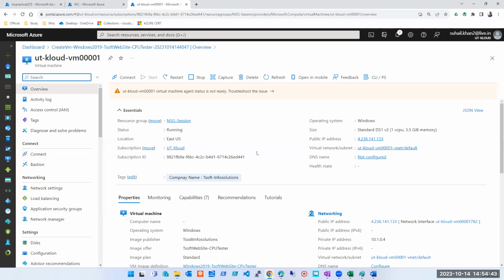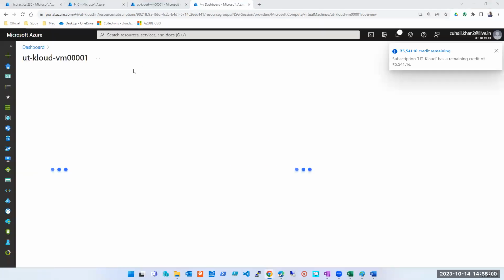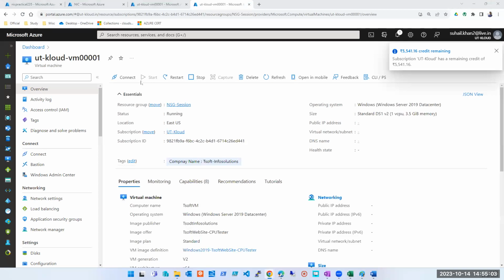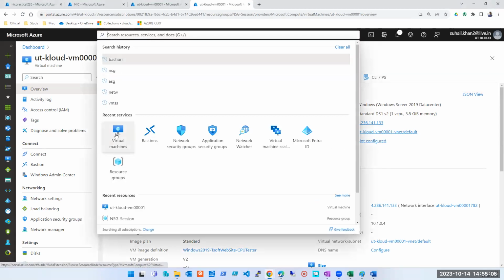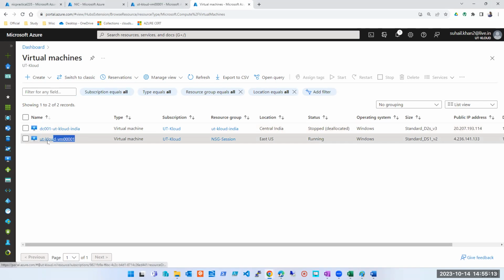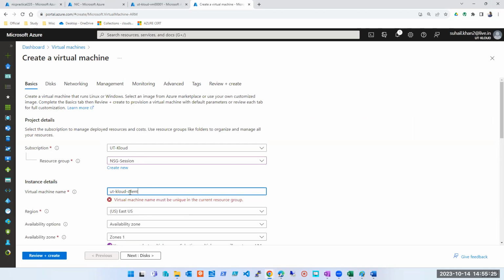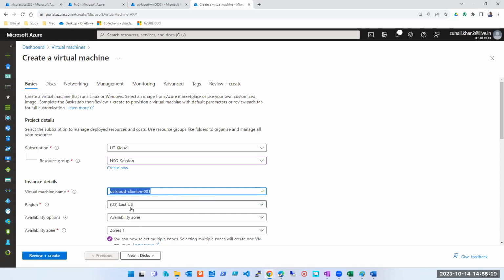Okay, so the machine is ready, guys. I'll create one more machine here in the same virtual network, but a different subnet. Let's say this is a client VM I'm creating.